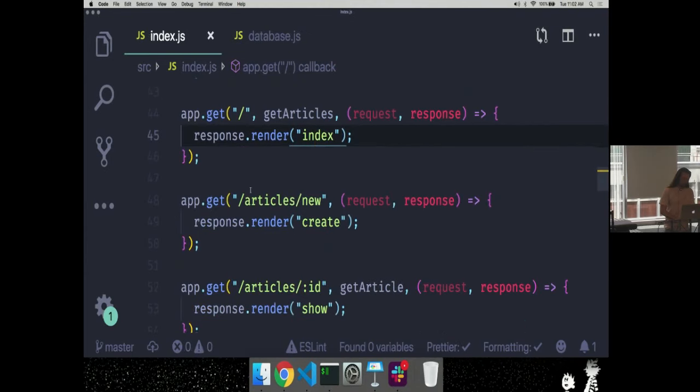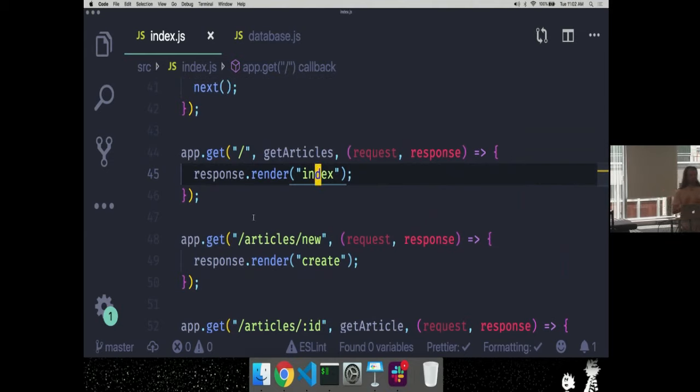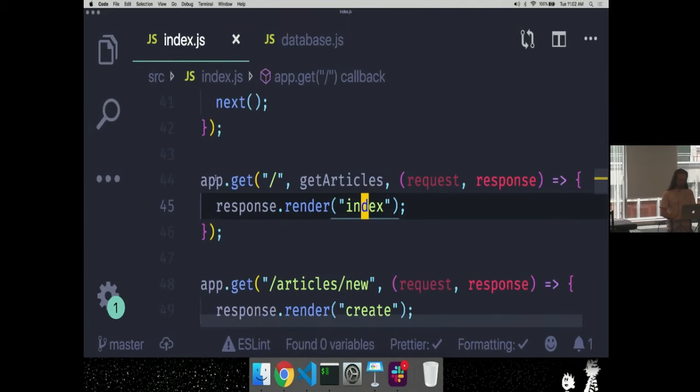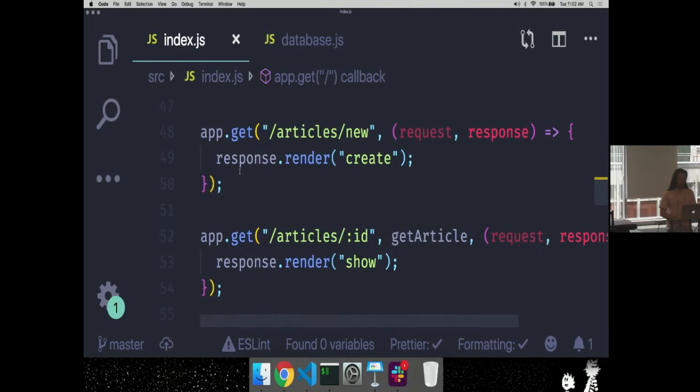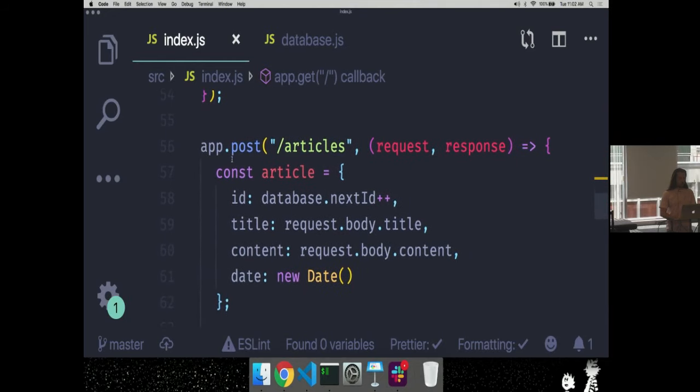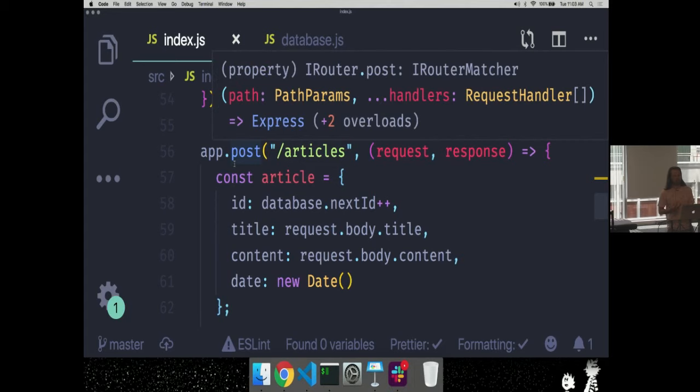What we're going to do is first find the route that we're looking for the behavior of, which is the route that takes care of the creation of an article resource. So what route should we be looking for? What method, what path? We're talking about creating a resource, so we're POSTing, 100%. So it's going to be an app.post. I don't need to worry about any of the app.gets. Well, here's an app.post. What is the next thing I need to do to define that I'm making this behavior occur?